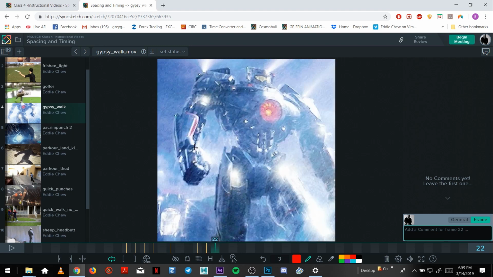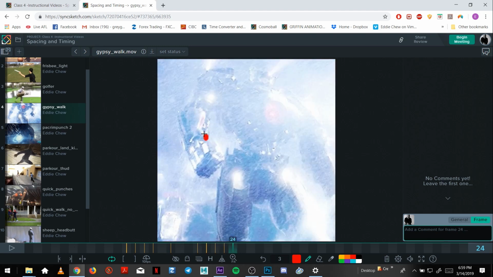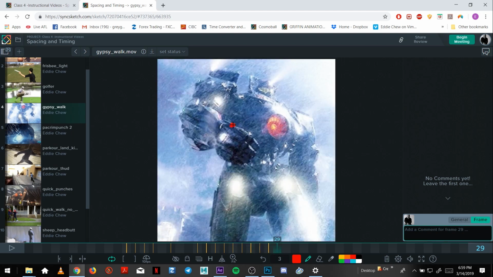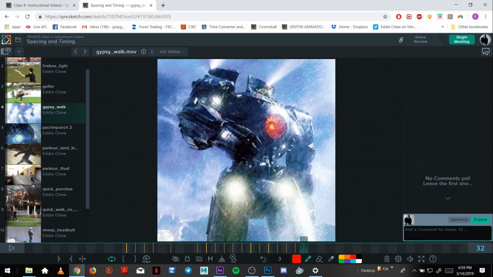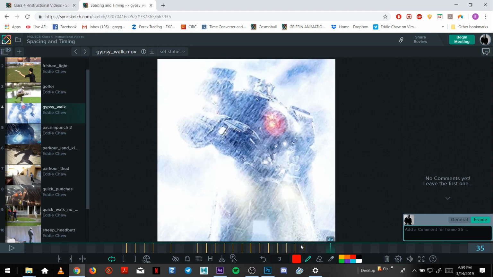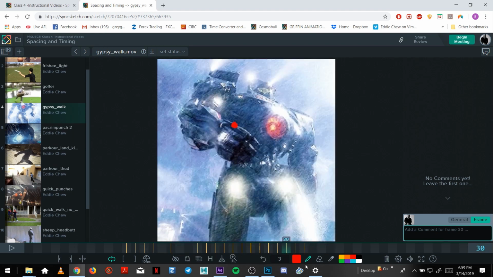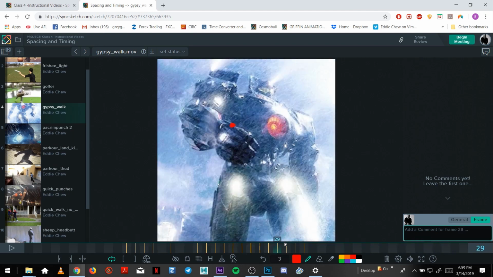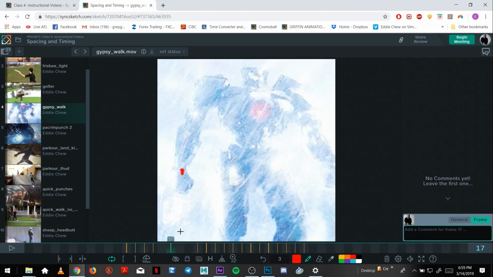It requires a lot of spacing, so it takes a lot of frames to move up. So it's heavy and large and slow,